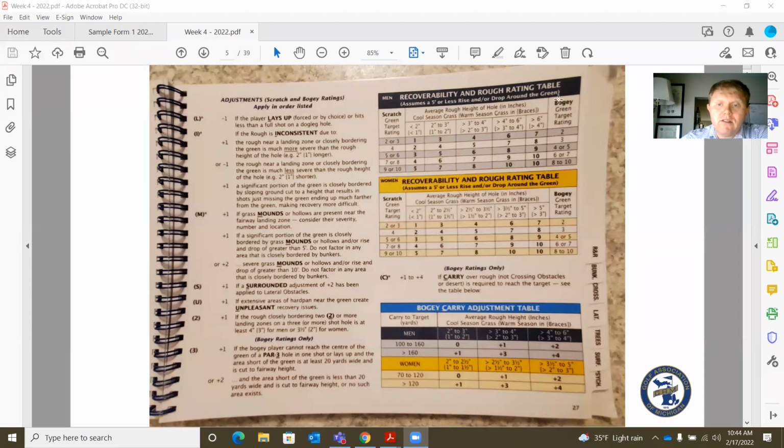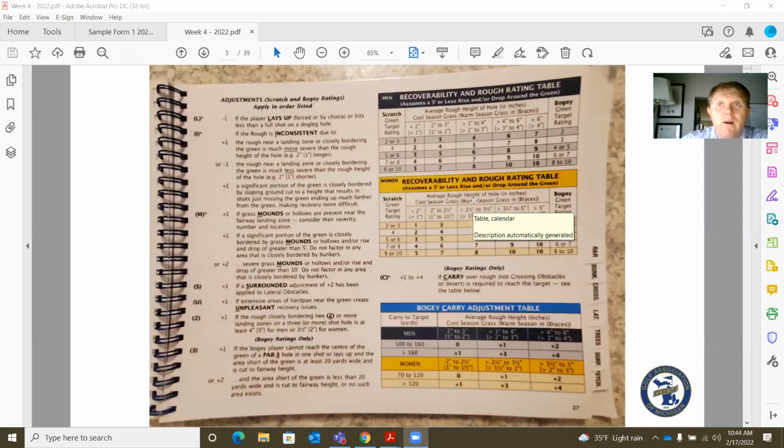So we're going to start with our green target value, and then we're going to go to our rough column. A good tip: a lot of our raters will have a little sticky arrow or a sticky note that they put near the rough column they're in. The other thing I've seen a lot is a sticky note that covers up the table they're not looking at, because if you're doing a men's tee and you look at the women's table or vice versa,